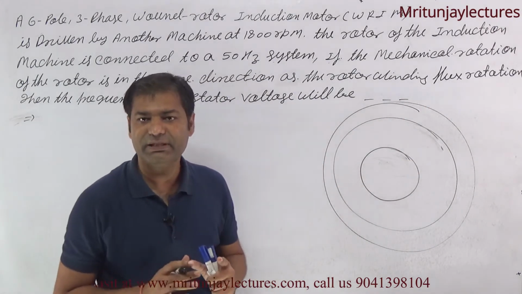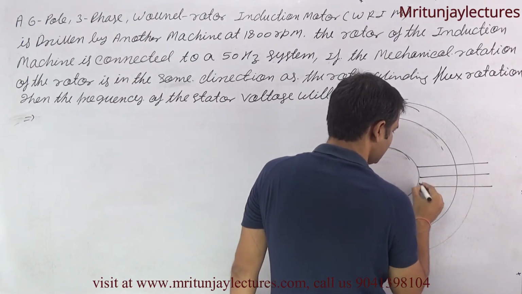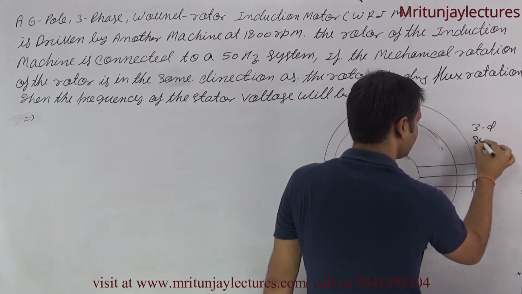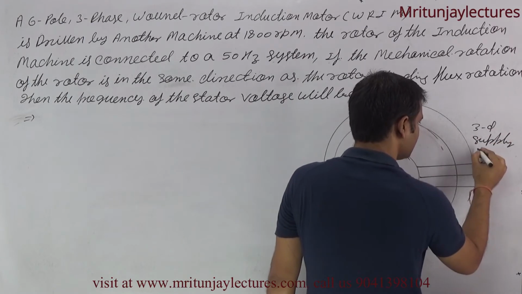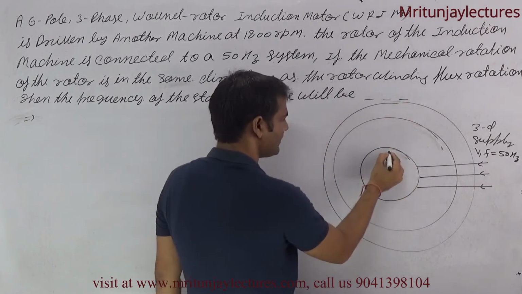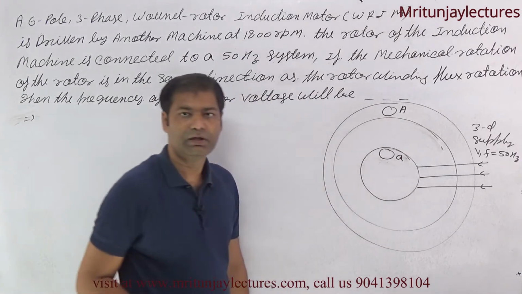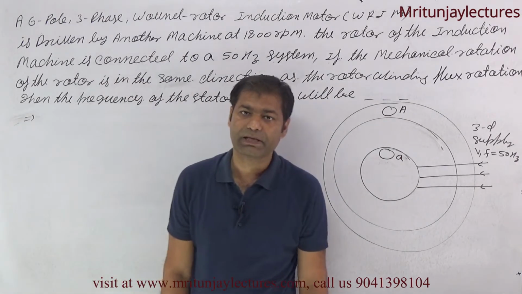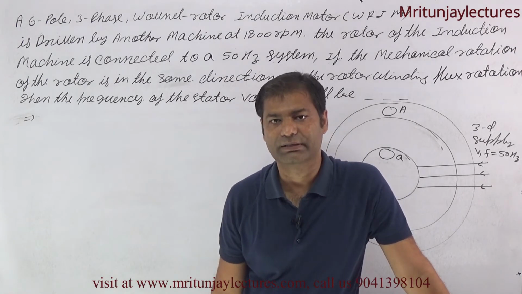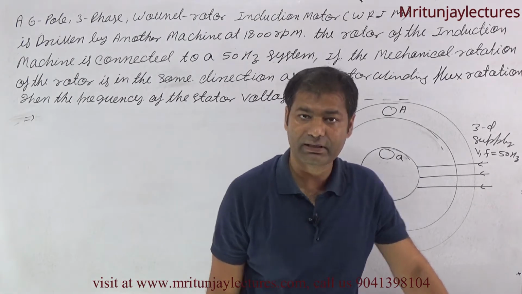The rotor is excited by a three-phase supply. If a three-phase supply is given to the rotor, with f equal to 50 Hz, clear? And for simplicity, the winding is represented as a single winding, that is A and capital A, clear? If a three-phase supply is given to the rotor, then a rotor magnetic field is created. Okay, so the rotor magnetic field with respect to the rotor winding is first of all written as